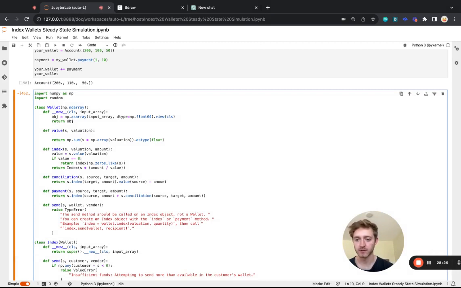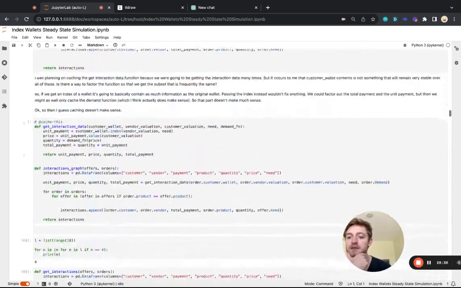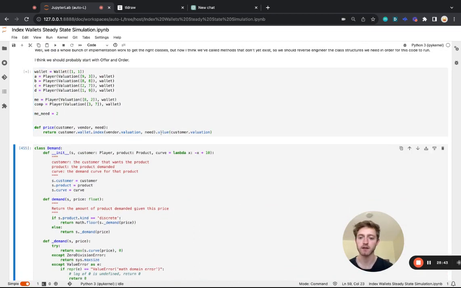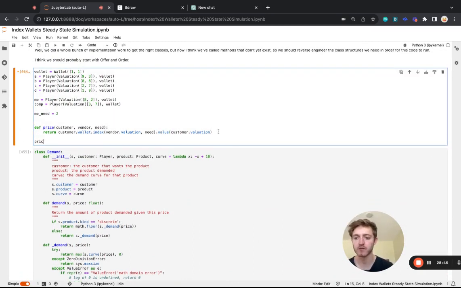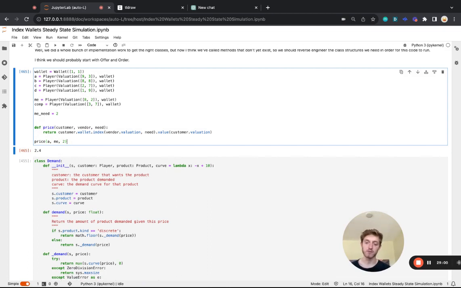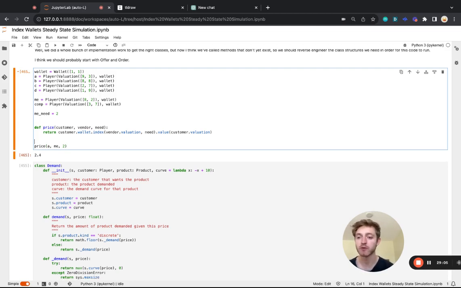All right, we're switching S dot valuation. Turn. It's the same operation, but it gives me the thing that I want. And I can use value, which I think is a little easier for people to. This is just more transparent. A, me, 2. Should be 2.4 again. Okay, great. So we have 7 minutes here. Let's just now loop through